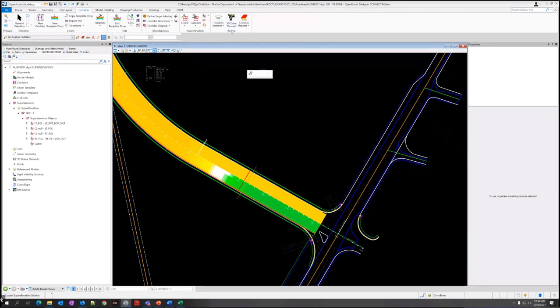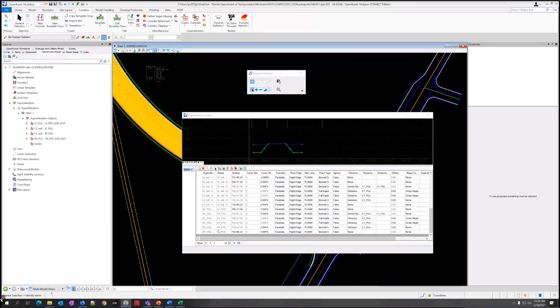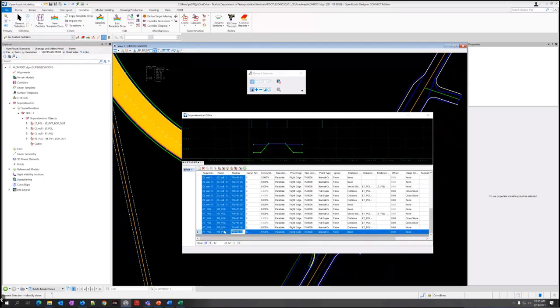So just select that. It asked me for the super elevation section, so I'm going to grab this handle here.